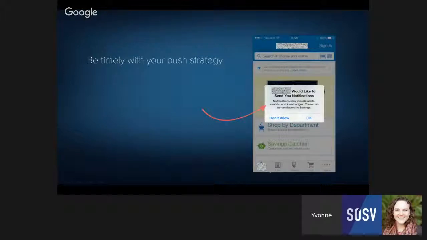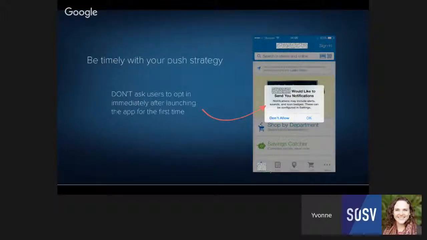An example here is a bad example that we've pulled up of something that you don't want to do. This app we've graded out here is Walmart. This is what Walmart does when you first download their app and open it for the first time. They give you a pop-up that says, Walmart would like to send you notifications. This is a really poor user experience, and it's a really good way of ensuring that users don't opt into your push notifications.